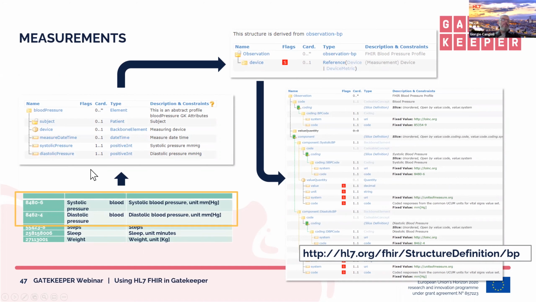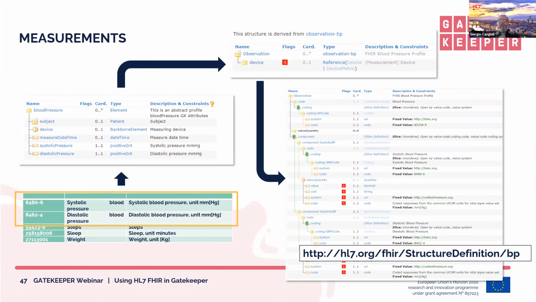As I told, what has been done also in this case has been defined a blood pressure logical model that just highlights what are the information that we may expect to find. Obviously, this model needs to be kept updated based on the actual feedback of the pilot. And based on that, we can then specify how to profile the FHIR resource. And this is the example that I showed you before, showing that you need to refer to other profiles in order to have a precise view on how to use that